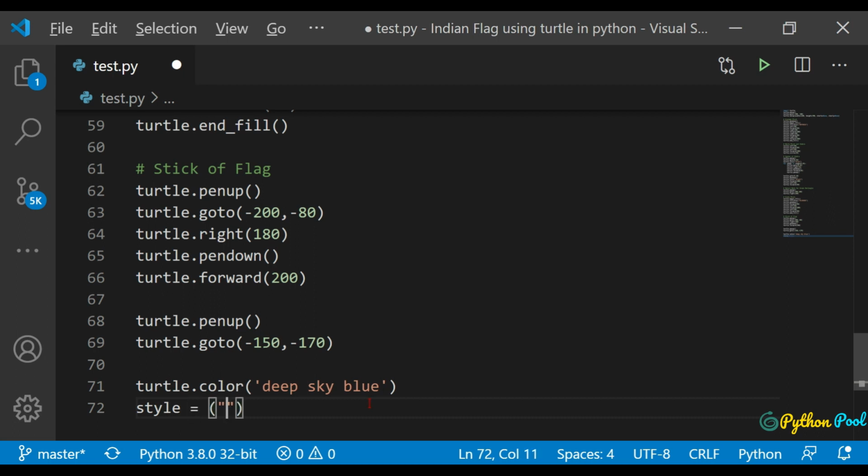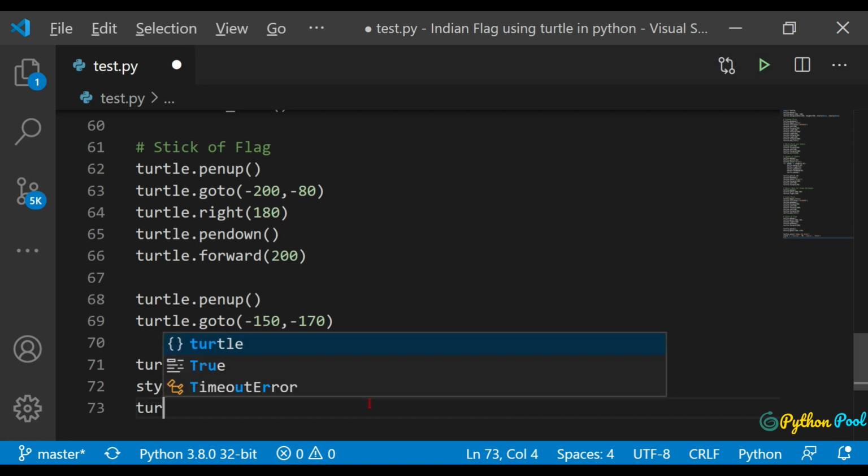I consider the font as Courier, and it should have 30 as the size. It should be italic for the prettier look, and it should be bold. Okay, and after that it should write our text.